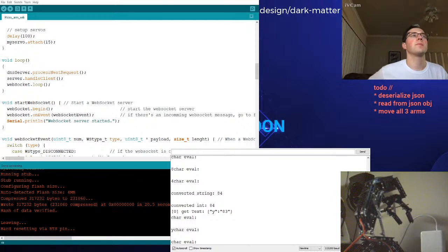So let's see here. If we deserialize, what's our example to read? So we were working with that in our IDE. JSON, okay, so we're sending our string. This is our JSON. See, this is our character array, which we have. We should have a character array. Oh, we're just looking at the... How can I show